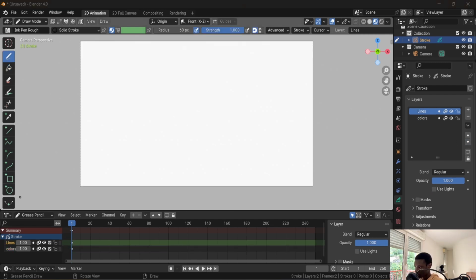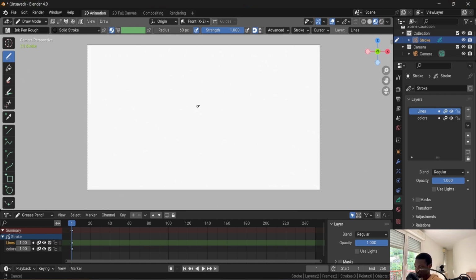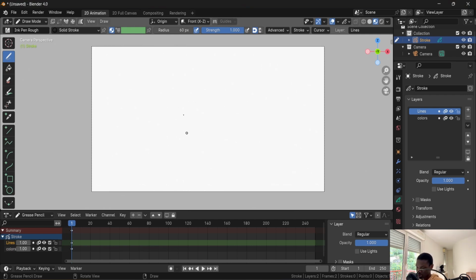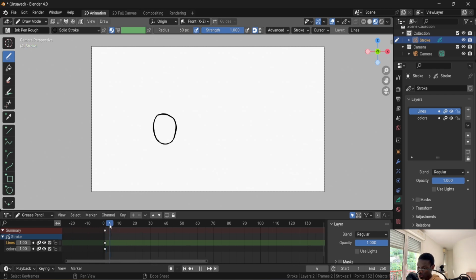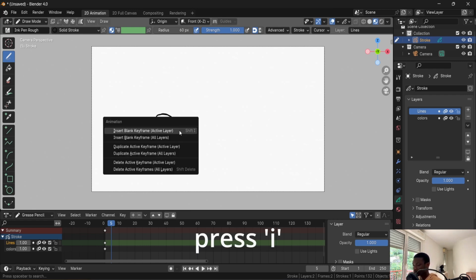All right, so let's start. Let's just draw something real simple. Let's say I'll draw a circle. Yeah, let's just draw a circle right here. Here's our circle, right? So here we have our timeline. If you want to create another drawing, let's say I move to, I don't know, 5 frames, and I want to create a new drawing. So I just come here at the 5 frames later, and I'll just press I and insert a